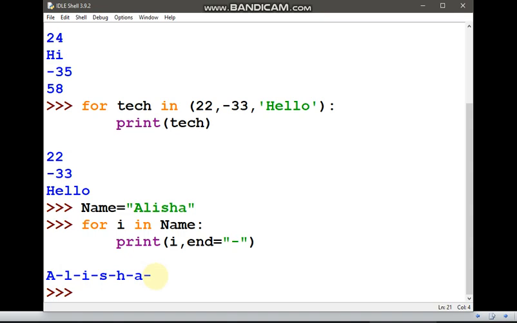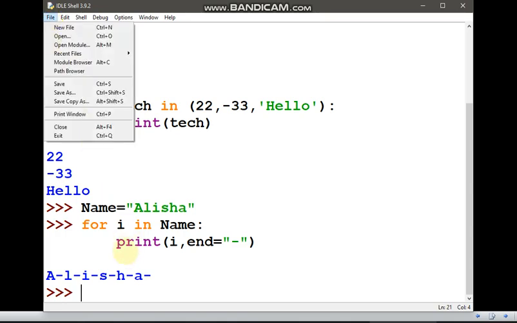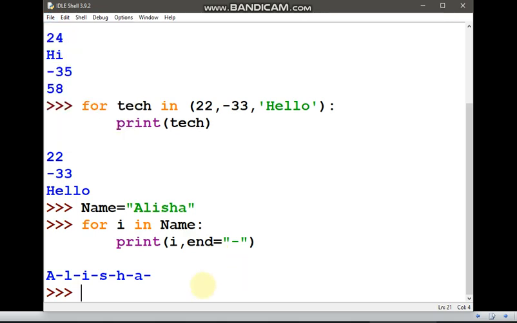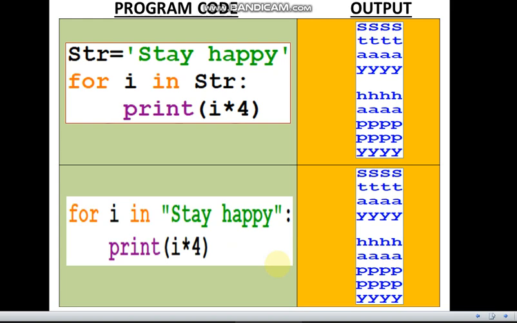And all these you can do using an untitled file, using a new file in script mode also. This I have shown you in IDLE interactive mode. You can do it in script mode also by taking a new file and then writing the same code there and then running the file after saving it. So this is all about for loops, simple for loops with range function and with different sequence types like list, tuple and strings. Hope you like it and hope you have understood. Thank you so much.